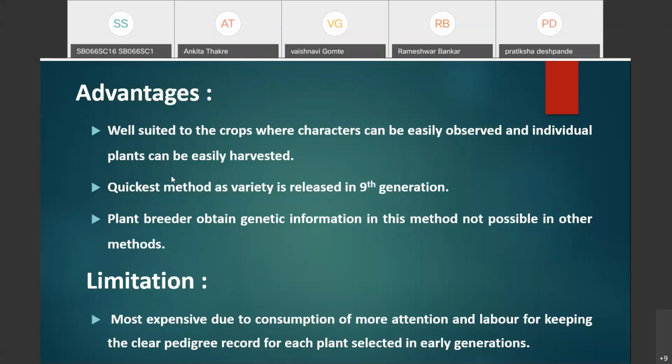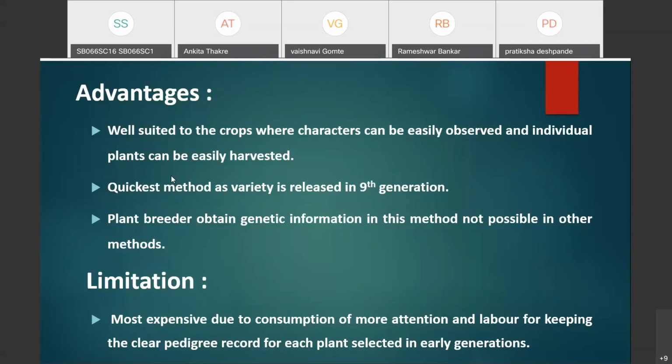It is most expensive because of the more attention and labor needed for keeping the clear pedigree record of each selected plant separately in early generations. To keep the clear pedigree record, it is essential to give more attention to each and every selected plant, and to give more attention, more labor is required, due to which this process becomes more